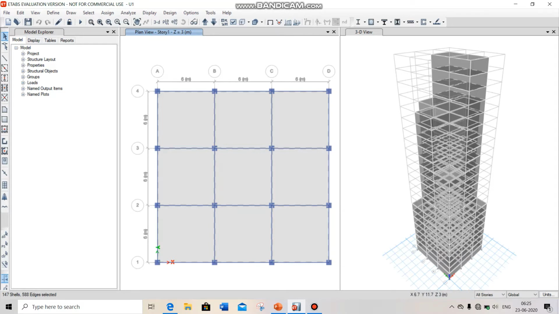You cannot select the slab shells from story 9 to 14 or 15 to 19 or other stories. You have to select the slab shells between stories 1 to 8, because between 1 to 8 stories the slab has all the shells, but in other stories they don't have all the shells.